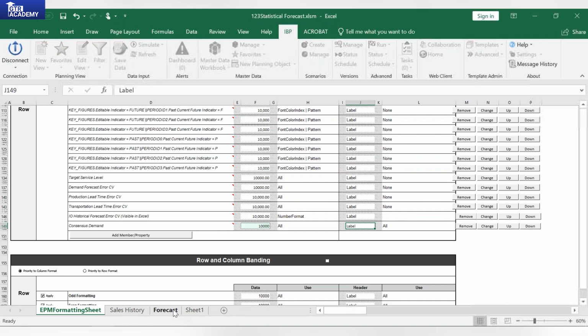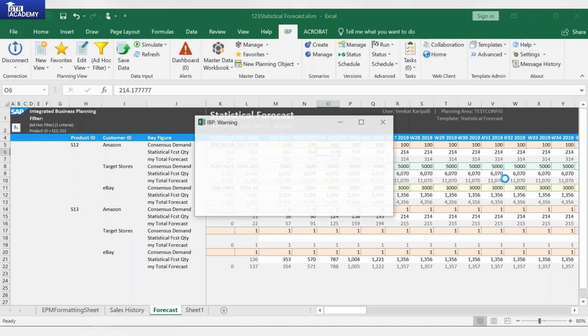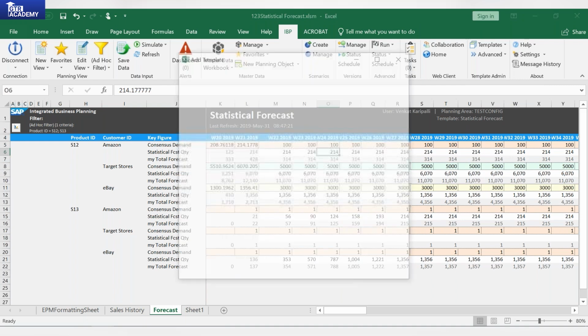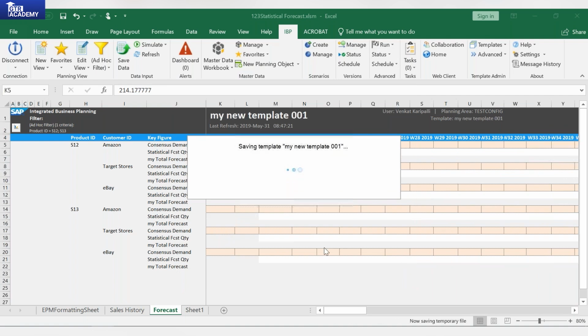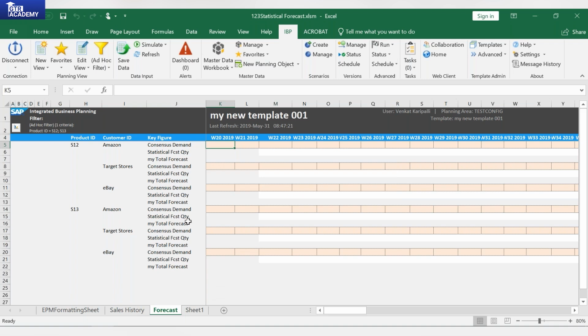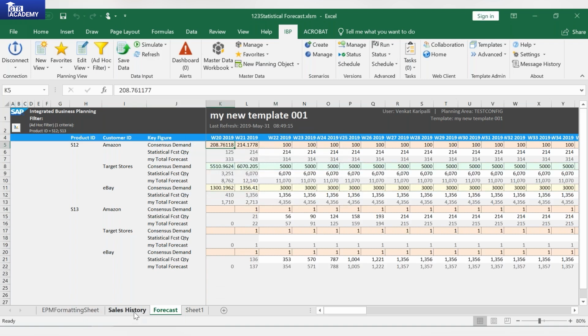And one more thing. Template, right, Venkat? Yes, you can very well save this as a template, and then this would be there in the template. If I go to the templates, add, my reports, I'm putting it in this folder. My new template 001. Click on add, and not only this, it would be visible across your planning view, because the EPM formatting is for a planning view, not for a sheet. Okay, if you come here,